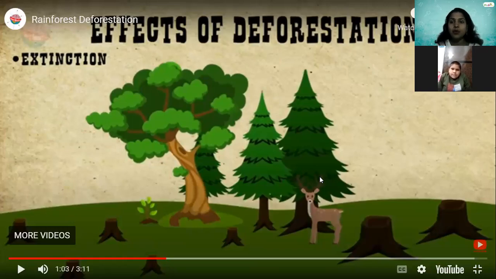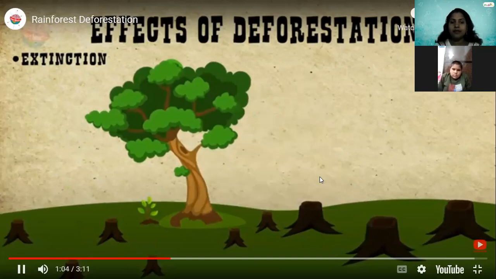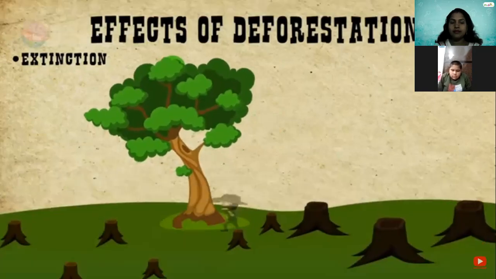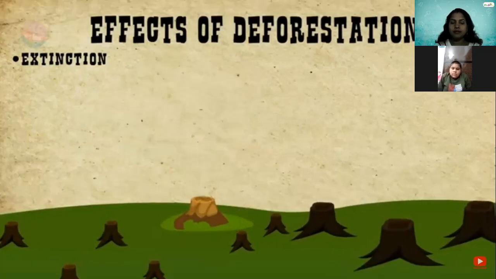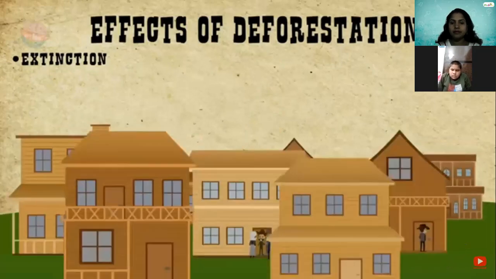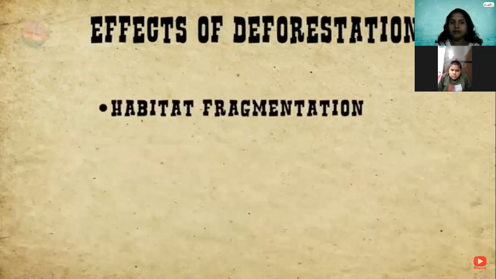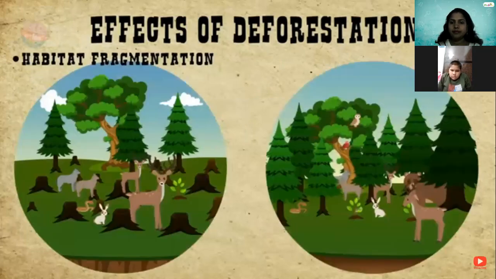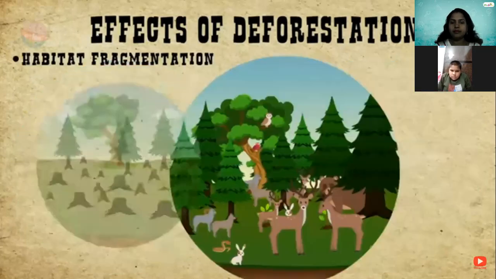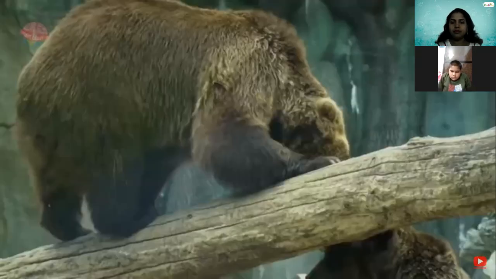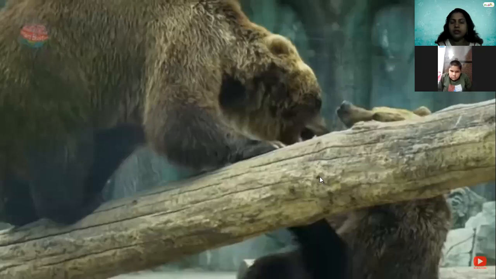No. So some animals are lost also, because of their food loss and habitat loss due to deforestation. Under the big trees, there are often no little trees. When the big trees are cut down, there will be nothing to replace them other than housing developments. Habitat fragmentation: this is where homes are disturbed and animals are caused to move into other habitats that are already occupied. As you can imagine, this causes conflict and fighting.